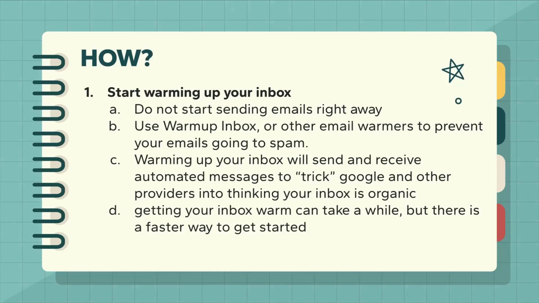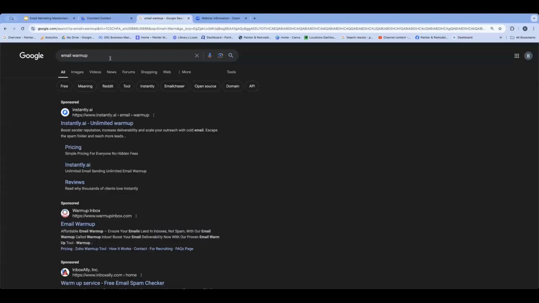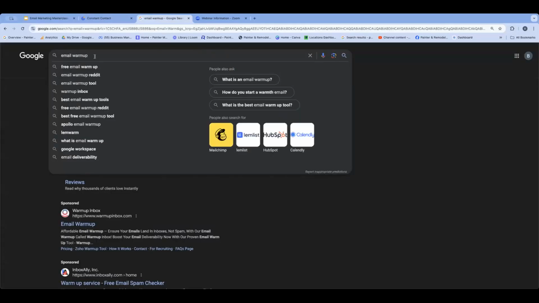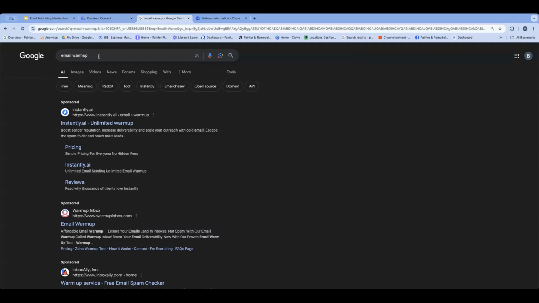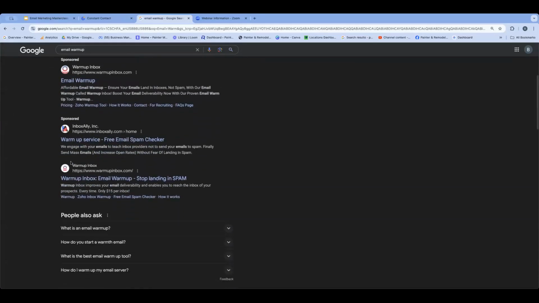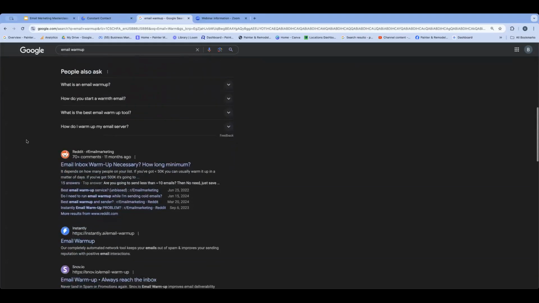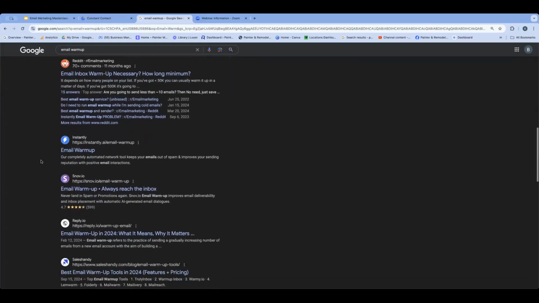And so I use a company called Warm Up Inbox. There's tons of them out there. So just to prove the point here, we're going to go to Google, and you can just type in email warm up, or email warm up software, or whatever. And excuse me, you get a ton. I use Warm Up Inbox. Instantly is a good one.